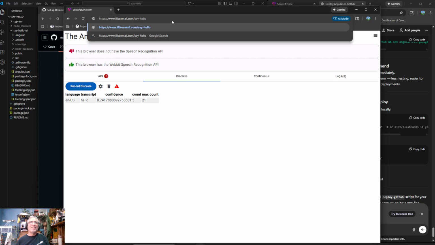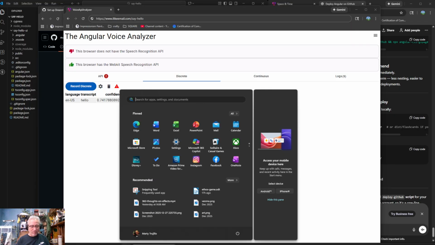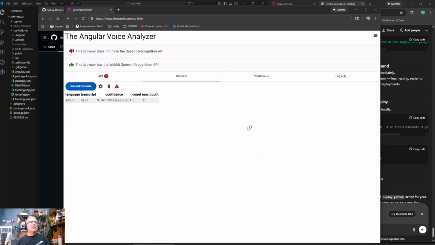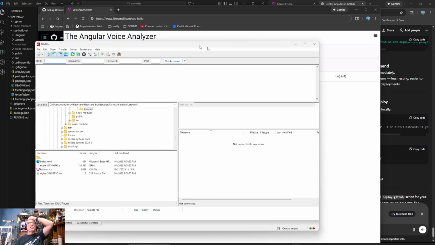And so what I need to do is go into my FTP account, my FTP client. It's called FileZilla, and I say open. Unfortunately I can't show you me doing it on here. So this is what it looks like.